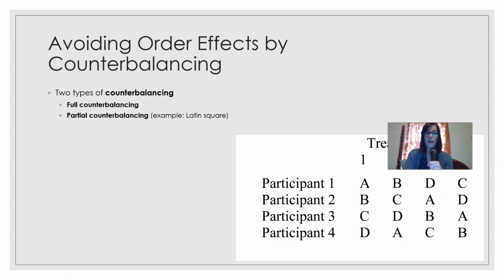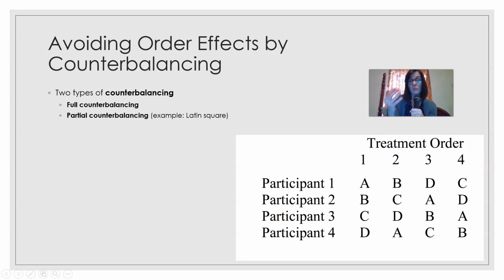So here are a couple of different examples. Your book goes into more detail. You can do full counterbalancing. So what you can do is keep track of how many different conditions you have and scramble them in all possible orders and assign each participant to one of those specified orders. Now, the problem with this is you can't have too many conditions for this. And this is because for every condition that you have, the number of counterbalanced orders that you would need is